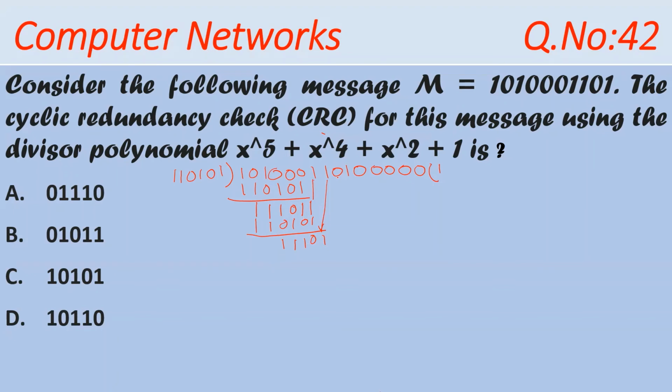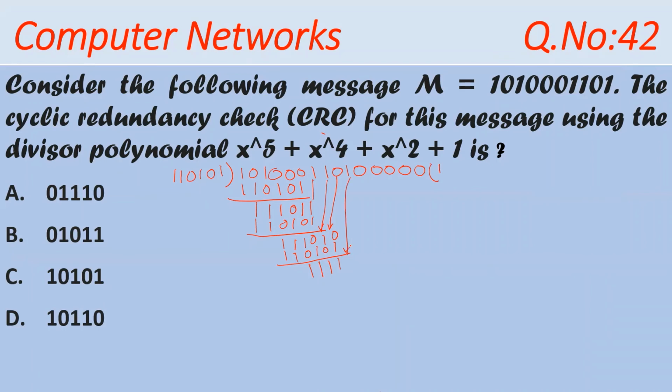So I need 6 digits. So I'm bringing this down. So again, the ones are 1, 1, 0, 1, 0, 1. The coefficient is not needed. So I'm just doing the XOR operation. I'm not writing any quotient over here. 1, 1, 1, 1. Okay. So I got 4 ones.